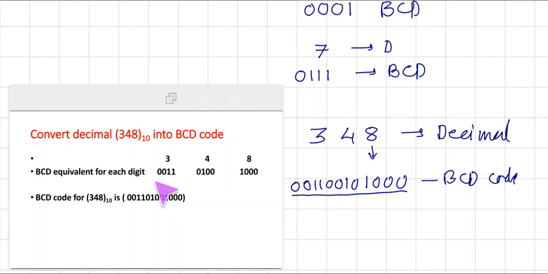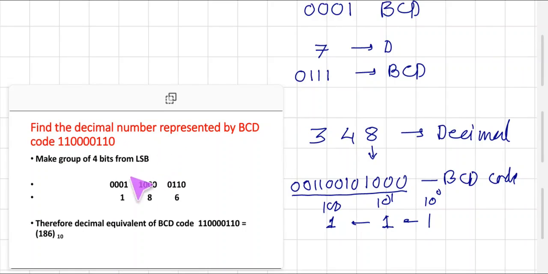Remember that it is not a weighted type number system. It is a code system which is non-weighted type. That means in the decimal number system we saw that if this one has weight 10 raised to 0, when it shifts to the left column, it becomes 10 raised to 1. That means it increases 10 times. When it shifts again to the left, it becomes 10 raised to 2, that is 100, that is 10 times this place. But that is not the case in the binary coded decimal system. A specific code corresponding to each digit is only kept, and it gives the corresponding binary coded decimal number, or we can convert a decimal number into the corresponding binary coded decimal system.